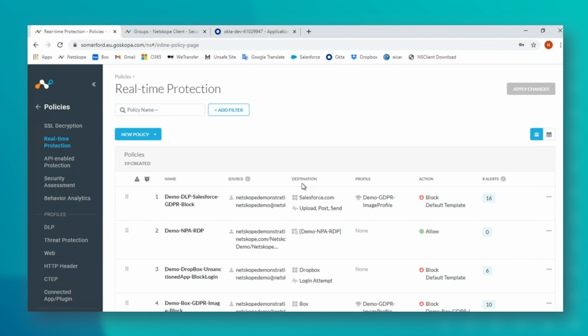So rather than have it set, I've got this policy, for example, set to individual users. I've got this policy set to groups. So not only can we easily onboard our users, easily roll out that tenant, we can now configure our policies based on team. So we might have a marketing team, a sales team, a tech team that need different rules when they're connected via the Netskope tenant.